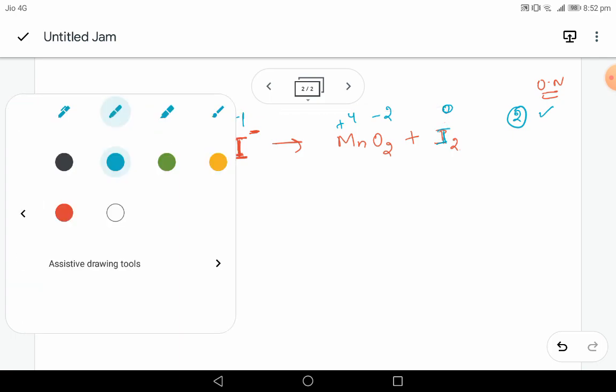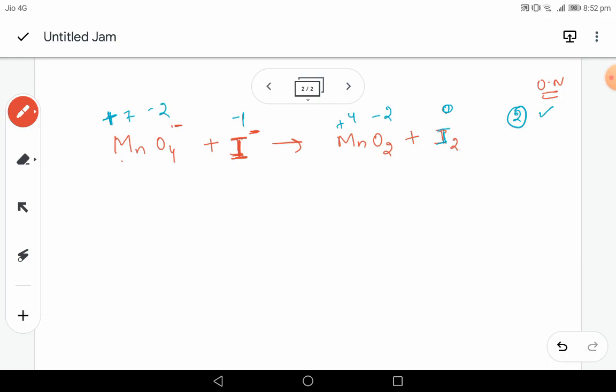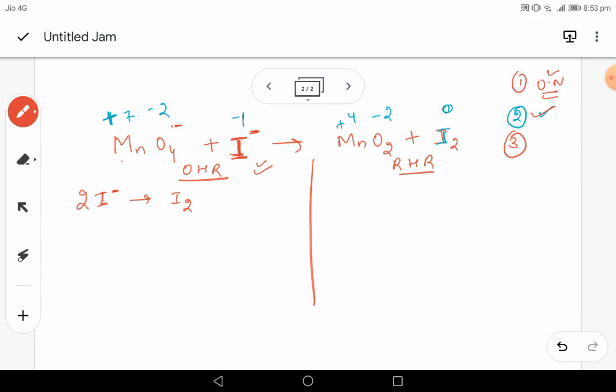Okay. So now we are going to divide our equation into two halves, right? On this side I'll write my oxidation half reaction and on this side I'll write my reduction half reaction. Okay. So oxidation: I negative will give I2. Now I want you to get ready with your list. So we have done first and second step for both. Now third step. We will balance all the other atoms except oxygen and hydrogen. I am focusing on the oxidation half part. So we have got only iodine, right? Here it is 2 iodine and here it is 1. So first I will balance it. I'll make it 2. We are done with the third step.